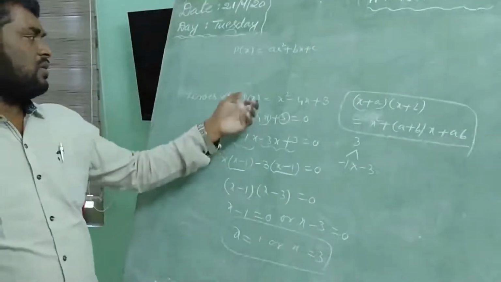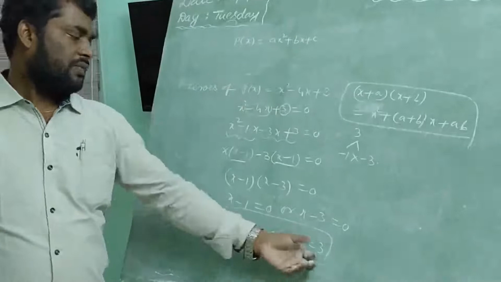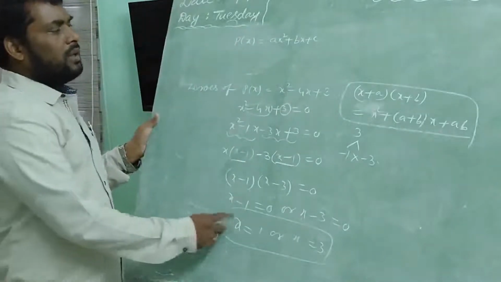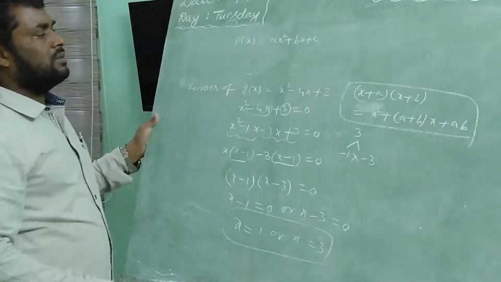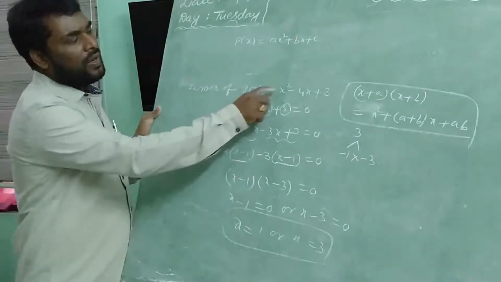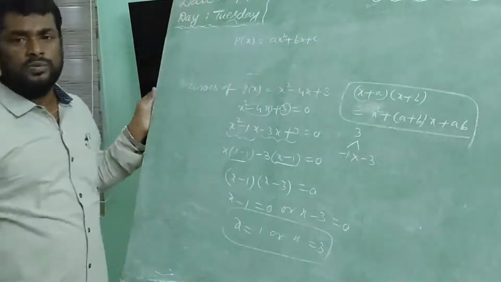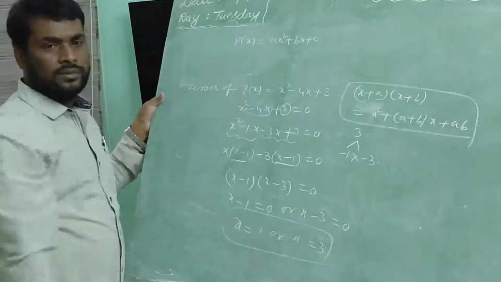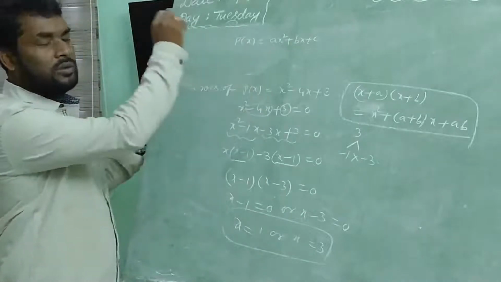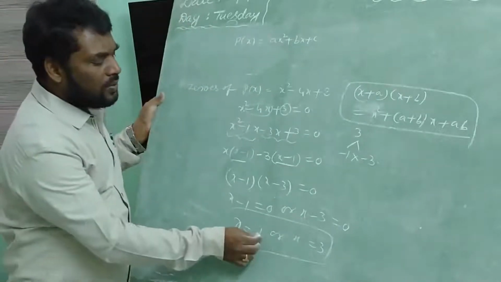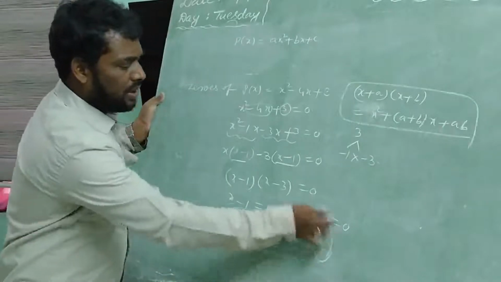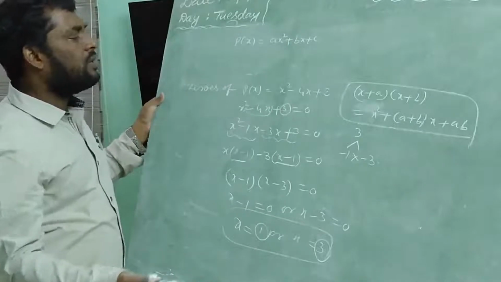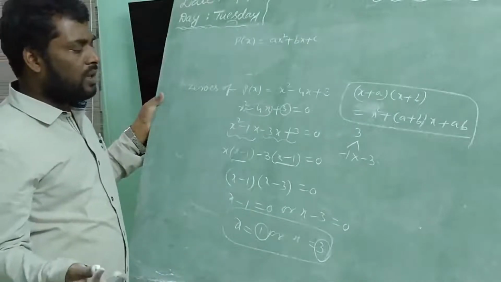If you replace x is equal to 1, you get the value 0. If you replace x is equal to 3, then you get the value 0. Okay. Now the present concept is the way to find zeros of a quadratic polynomial. The next concept is: two zeros are given, and you should find a quadratic polynomial. Zeros of the polynomial are 1, 3. Now how do you find the quadratic polynomial?